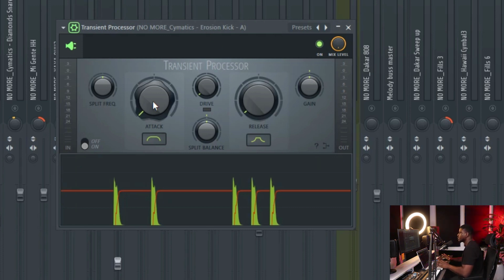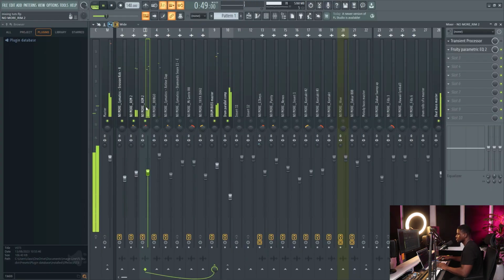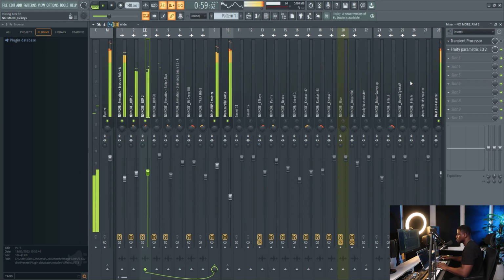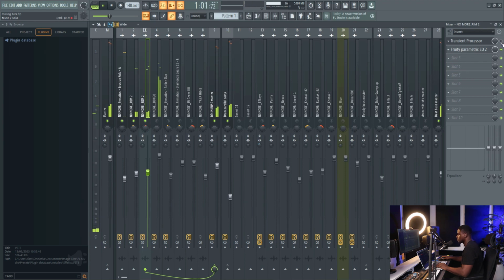So like I said, this depends on what you'd like to do to your track, but this is one of the easiest ways to make your drums sound punchy in the mix. So let's hear it without the transient processor one more time. When I turn it on,